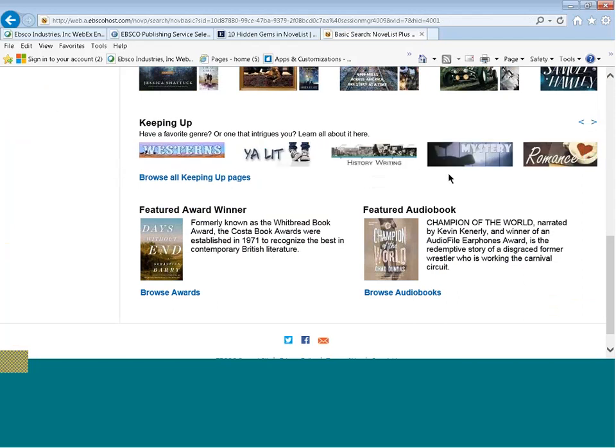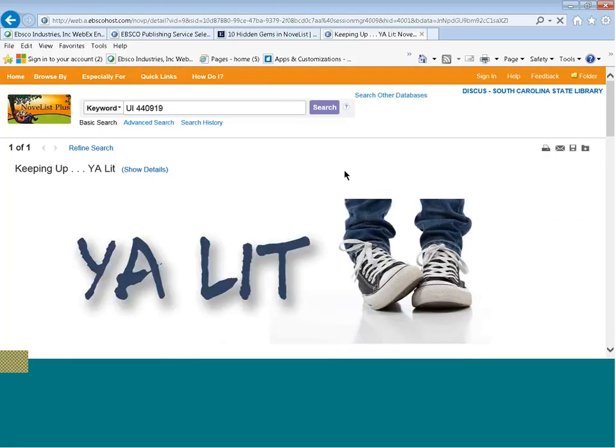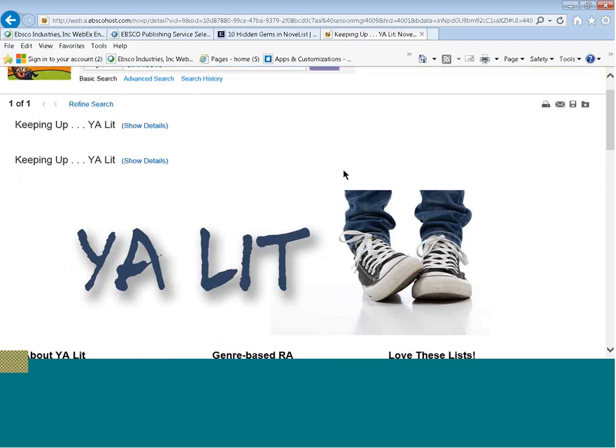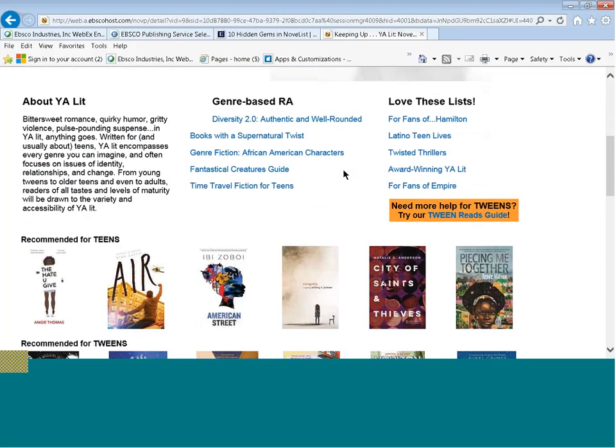So let's say I am not familiar with YA Lit. I need a little background information. What you can do is click on any of those Keeping Up pages, and you'll see descriptions about young adult literature, genre-based RA, so these are recommended reading lists created by novelist librarians.